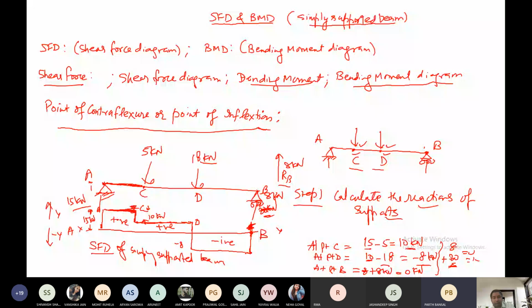Where is SFD used? SFD and BMD are used in beams. When beams and pillars are prepared for houses and big buildings, there we will use it. We have to see at the different points what load is acting. There we have to use it for the preparation of buildings, big buildings. A student says: to see the distribution of load. Yes, the distribution of load at every point, to see whether the column should stay there or it can bend. So we have to check that.